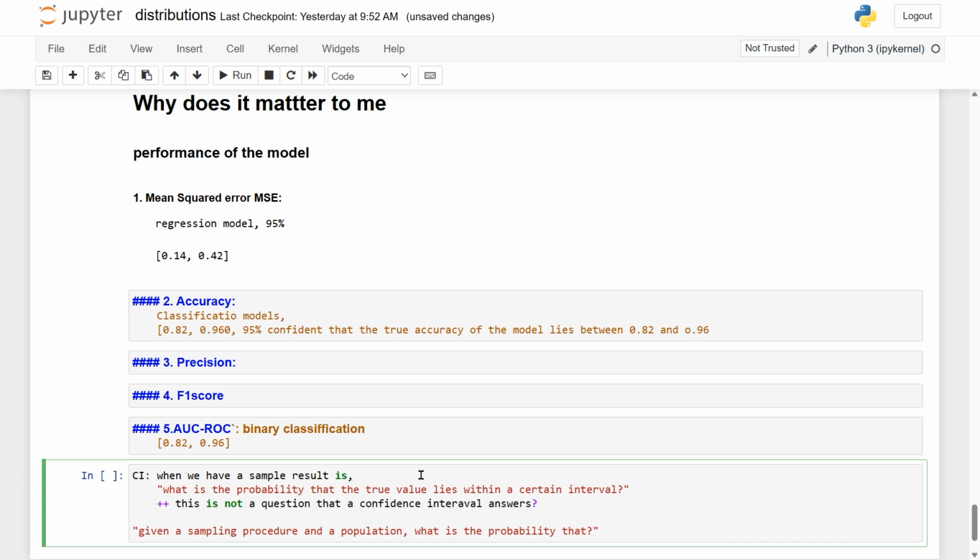What is the probability that the number of seats won by BJP? That's what. So given a sampling procedure and population, what's the probability that the number of seats won by BJP? So this involves more complex calculations and deeper imponderables. But anyway, at least if you're clear about this, that's more than enough.